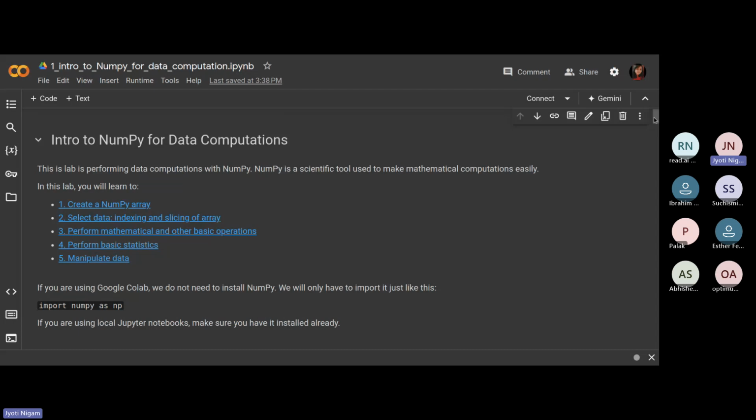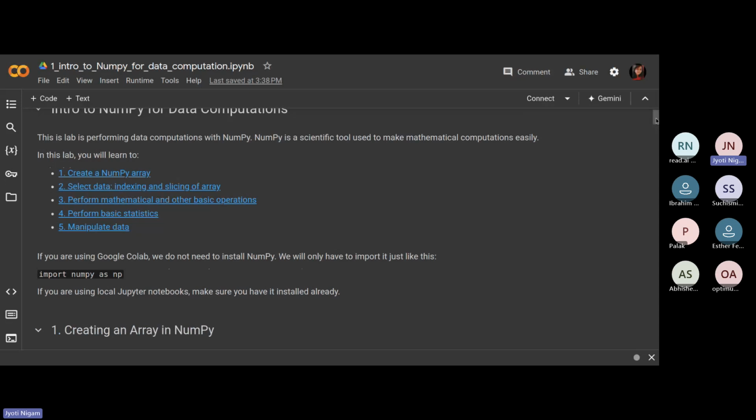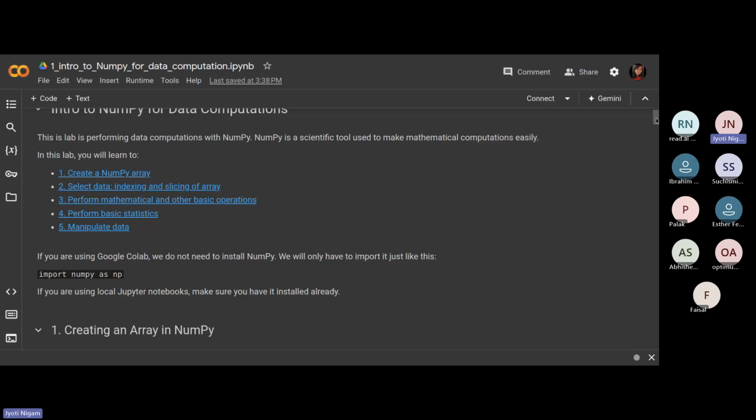So starting with the introduction to NumPy. NumPy is the most commonly used Python library for performing mathematical operations and computations, and it is widely used in ML and Gen AI. It forms the foundation of machine learning. So before we even move to algorithms, we need to be very clear with the usage of all the basic libraries. Now, this NumPy library allows you to play with